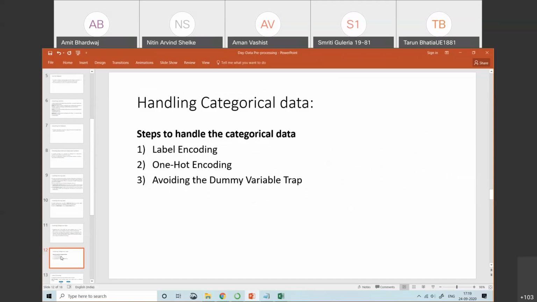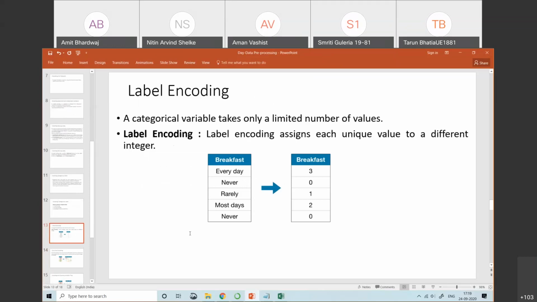These are the steps to handle the categorical data. One by one, we will discuss what is label encoding, what is one hot encoding, and what is avoiding the dummy variable trap.